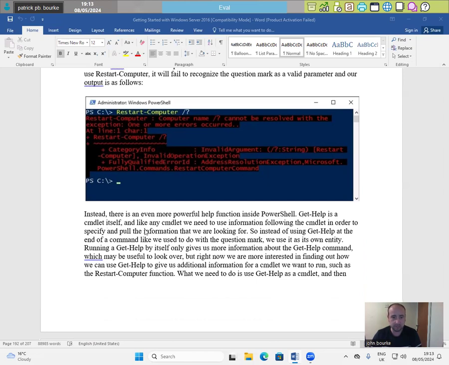Get-Help is a cmdlet, and like any cmdlet, we need to use information following the cmdlet in order to specify and pull the information that we are looking for. So instead of using Get-Help at the end of a command like we used to do with the question mark, we use it as its own entity. Running Get-Help by itself only gives us more information about the Get-Help command, which may be useful to look over,